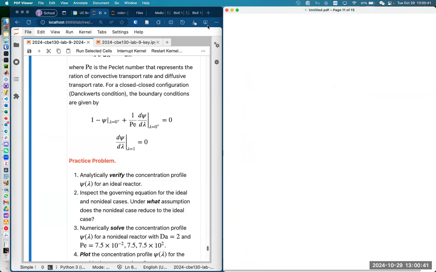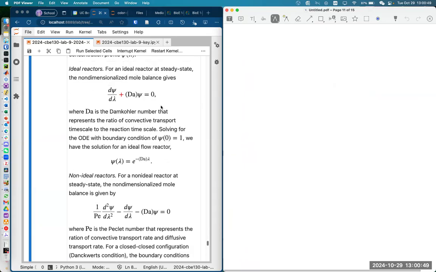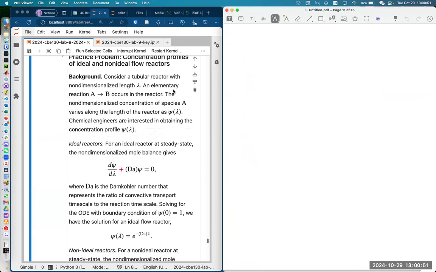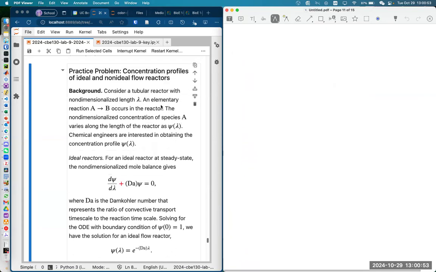Okay, let's go over the conceptual questions. So question 1 and 2. Analytically verify the concentration profile of an ideal reactor. With this type of word problem, the hardest part is to identify what's useful and what's not useful. Here it sets the context, and then you want to identify what the independent variable and what the dependent